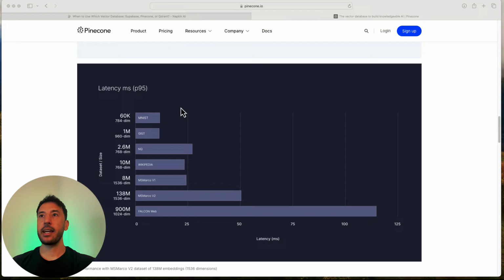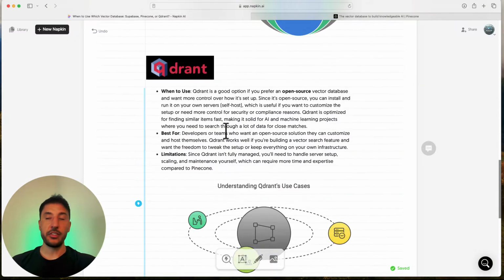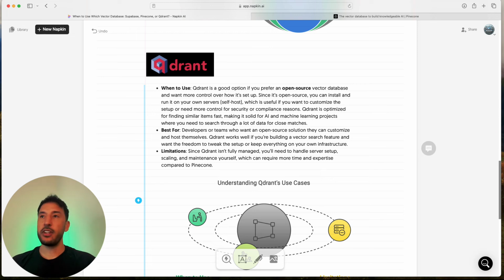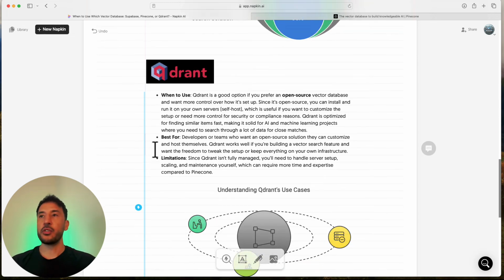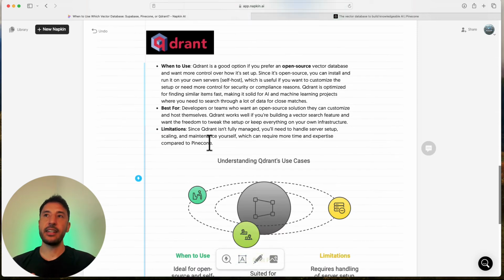All right, so let's get back and talk about the last option that we're going to cover, which is the Quadrant vector database. Quadrant is actually one of my favorite ones because it's open source. One of the biggest use cases for this, especially when it comes to n8n, is that you can have way more control over your data. If you're working with sensitive data and privacy is the main concern, then the Quadrant vector database is your go-to option, because it does provide a lot of value